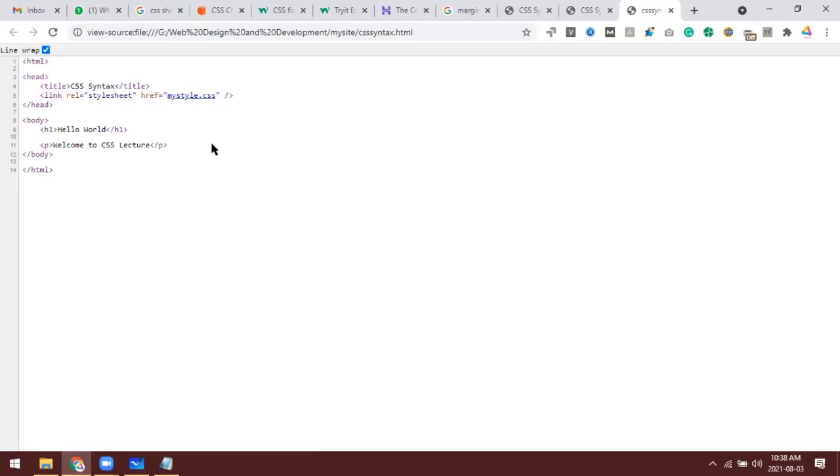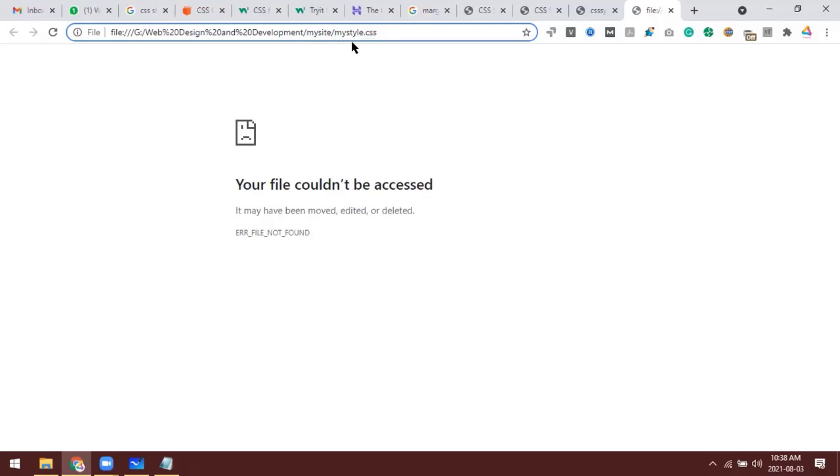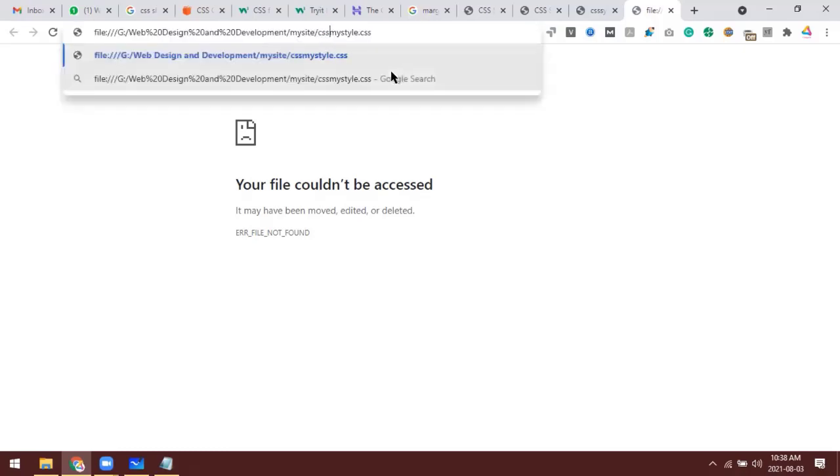So if you click here, this file is not found. Why? There is no such file, mystyle.css, inside the directory my site. So actually it is inside this folder. There is a folder inside my site called CSS, and in that folder only mystyle.css is there, right?